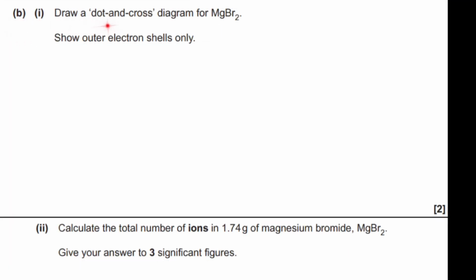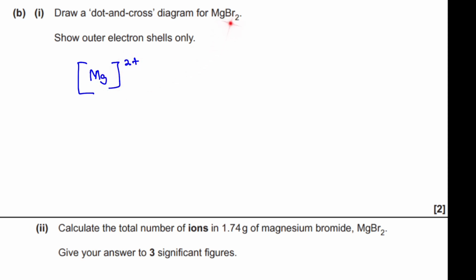B1. Draw a dot and cross diagram for magnesium bromide. Show outer electron shells only. Well, magnesium is in group 2. We're expecting magnesium to lose 2 electrons, so you get the 2+, and those 2 electrons will be transferred